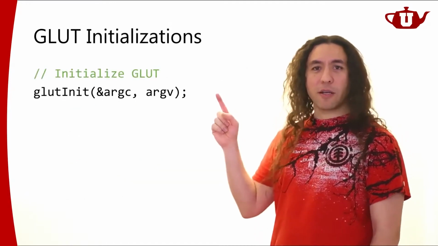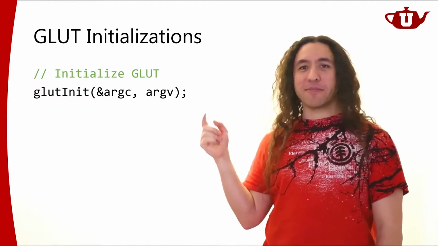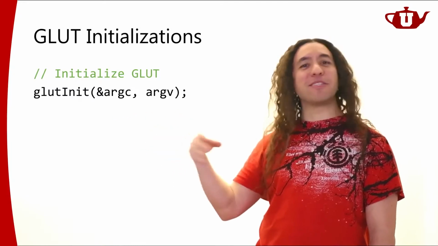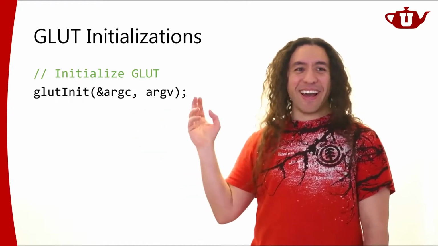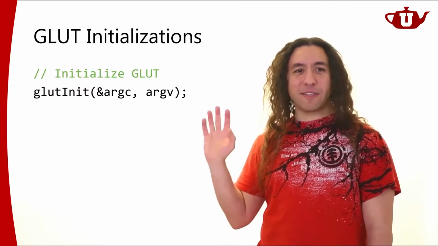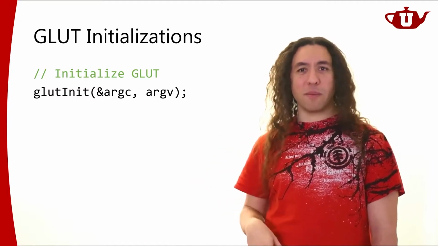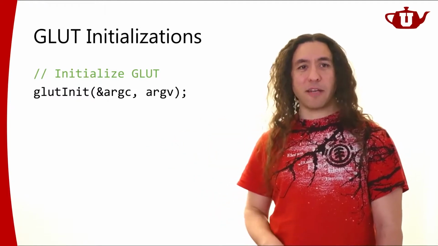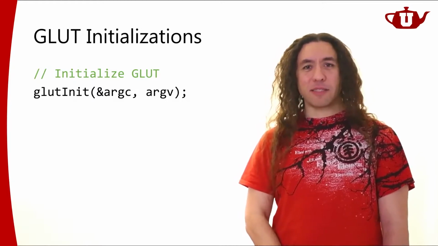First things first, call this glutInit. Don't forget to call it. These arguments are the arguments to your application, so probably they're going to be empty, and it doesn't really matter. Just call it with these, and it's going to initialize GLUT. You just need to make sure that you initialize it so that when you call other GLUT functions, your program doesn't crash. Just call this once in the beginning of your main function, and you're done. You don't need to know much about that beyond this. So it does the initialization.